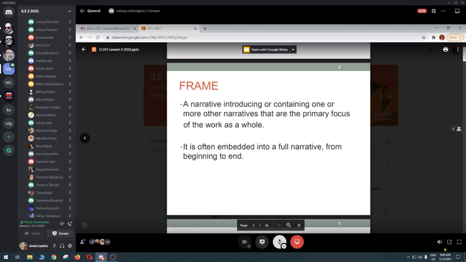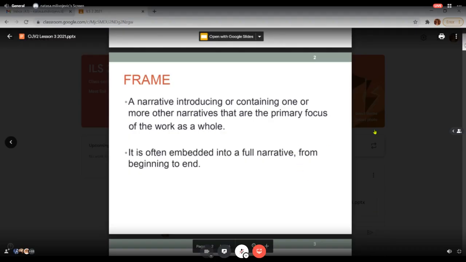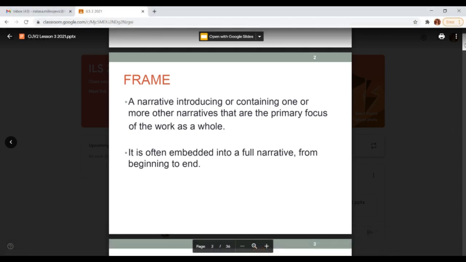So the concept that we are starting from is a frame. And as the name of the term itself suggests, a frame is going to be some kind of piece of a textual structure that holds something else inside. It's very common in literature, also in theater, and also in movie screenplays, like this situation where you have a character that, for example, tells the story from his